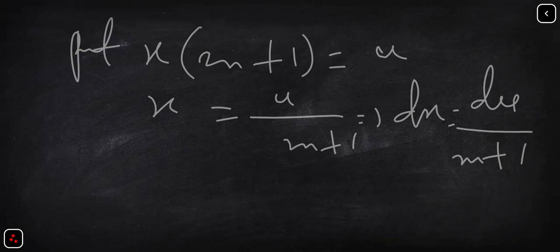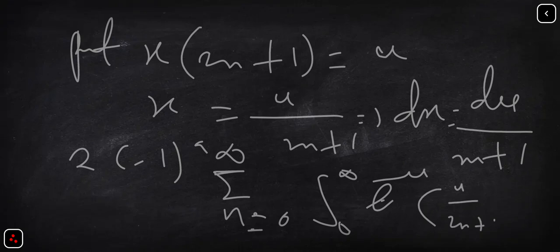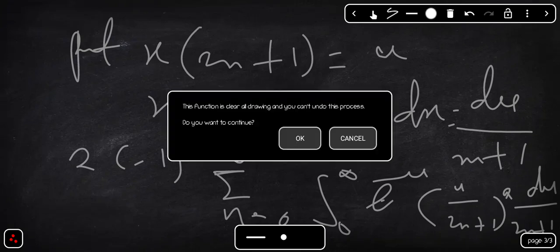So I'm going to have 2 multiplied by minus 1 raised to the power of a multiplied by the sum of n from 0 to infinity, the integral from 0 to infinity of e raised to the power of minus u. The x is now u over 2n plus 1, that will be u over 2n plus 1 raised to the power of a, and then the dx is now du over 2n plus 1. Okay, very beautiful. Then I'm going to have